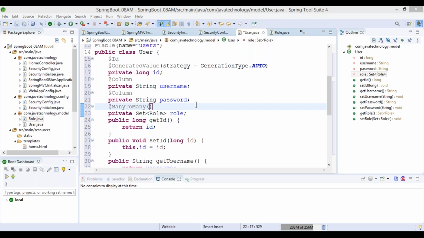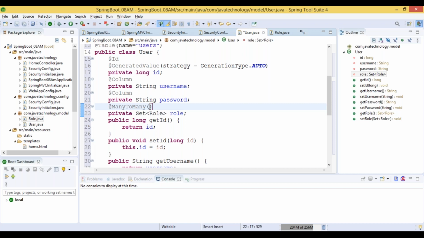We need to have two different columns in both the tables in the many-to-many mapping, I think. In both the tables, extra columns are needed when we have many-to-many mapping.